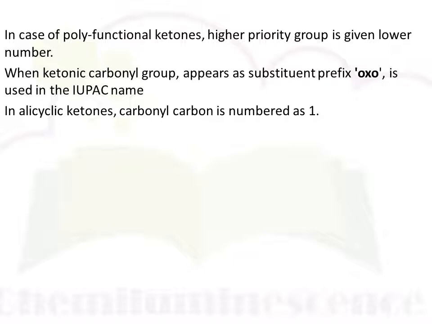In alicyclic ketones, the carbonyl carbon is numbered as 1. If an alicyclic or cyclic ketone is present, at that time the carbonyl carbon in the particular ring has the number 1. Let's see with the help of an example. In this you can see that this is a cyclic compound and this one is a carbonyl carbon. We know that a carbonyl carbon is a carbon with a double bond to oxygen. So this one is the carbonyl carbon, hence it has the number 1. The next carbon is number 2, and the next carbon on which the methyl substituent is present is carbon number 3. According to that, we have to write the name of this compound.